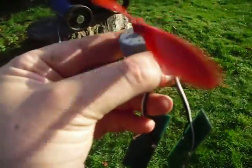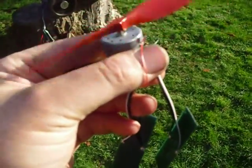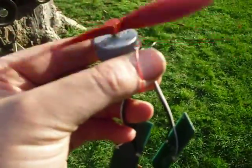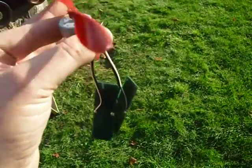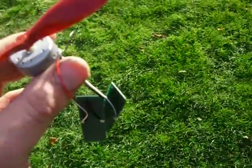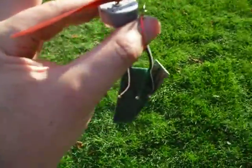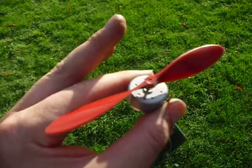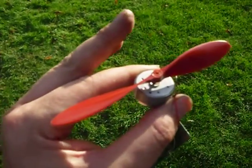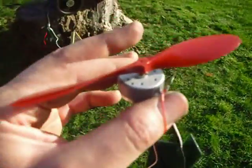Now that motor can be connected to lots and lots of gears to directly steer a solar panel assembly to make a tracker, or it can operate switches. Let me hold this, so imagine that's a switch. Click, click, click, click. And then in the middle there's nothing, the switches undo. Click, click, click, nothing. Sun moves around a bit, click. So you can use that motor to operate switches,